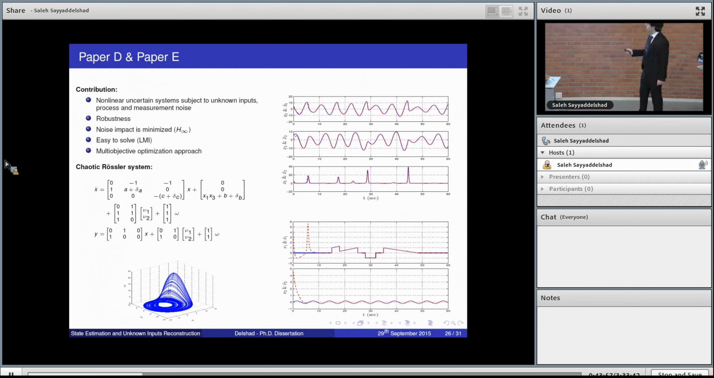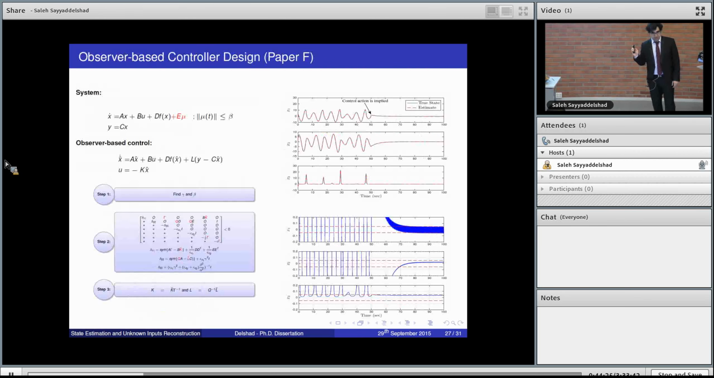So look at this example that we use in that paper, the chaotic Chua system, a highly nonlinear system. You see the trajectories, the attractors of the system, and you see that not only are we able to estimate the state variables, the three states, we are also able to reconstruct some unknown inputs entering the system. So yeah, in the last part of my thesis, I was looking at a slightly different problem,